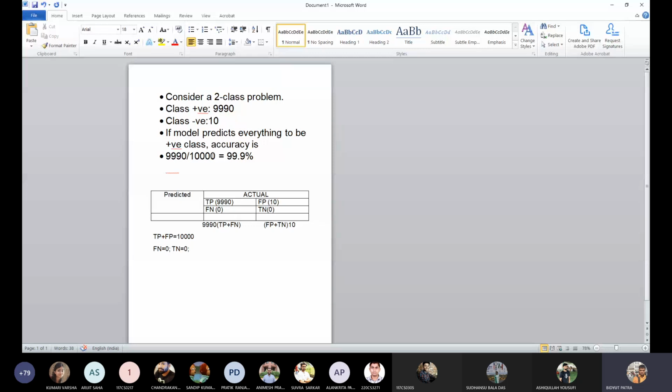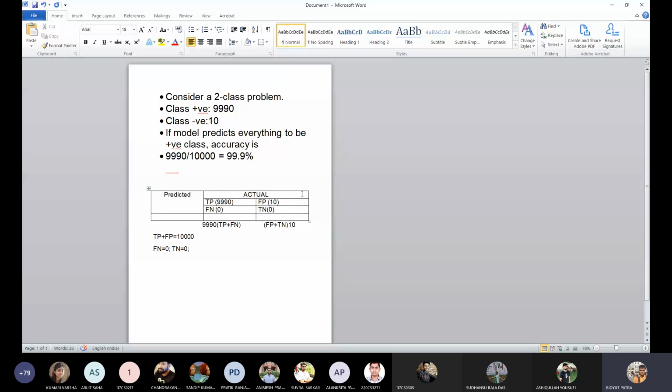Even the antigen test for coronavirus has a recall or specificity close to 50%, and people still accept that, but here the accuracy is 99.9%. So there is a problem in measuring with this metric, and we need to move to some other good metric. As you can see easily, this is not going to work. Let's say for everyone coming for testing, we say everyone has coronavirus. The scenario is something like that.